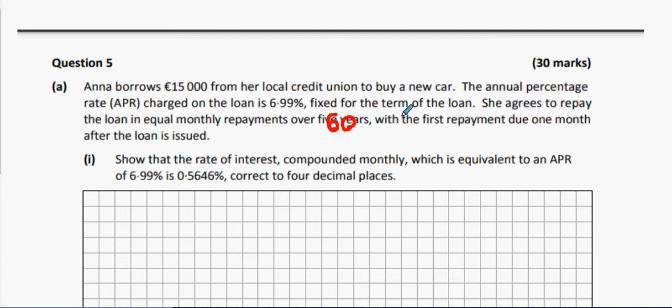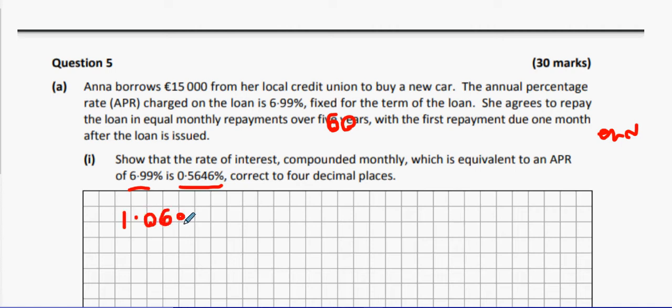The first repayment is due 1 month after the loan is issued, so she's paying at the end of each month. Show that the rate of interest compounded monthly, which is equivalent to an APR of 6.99%, is this. Alright? So, what do we usually do there, right? So, we do